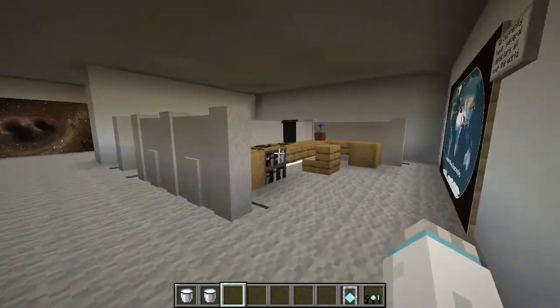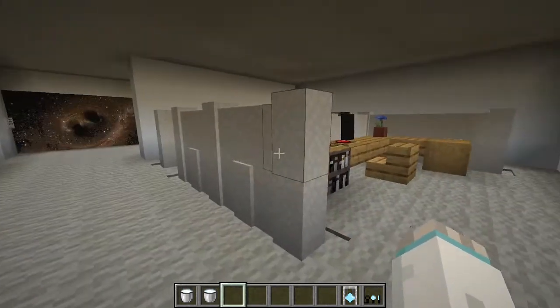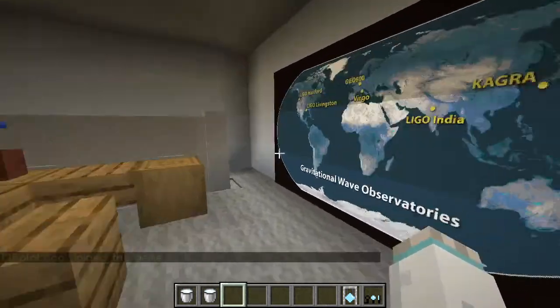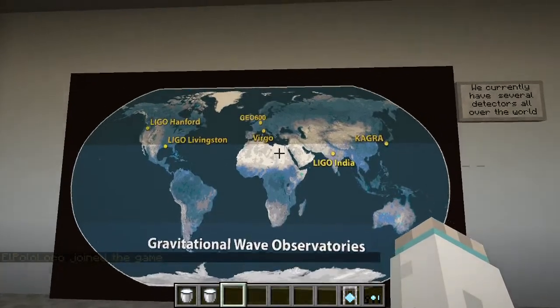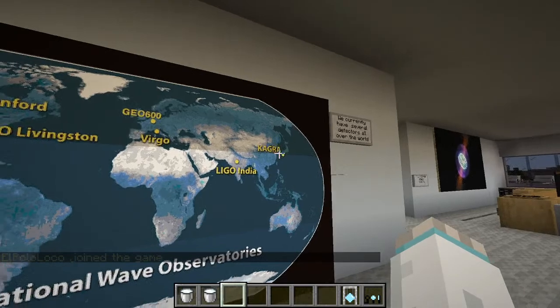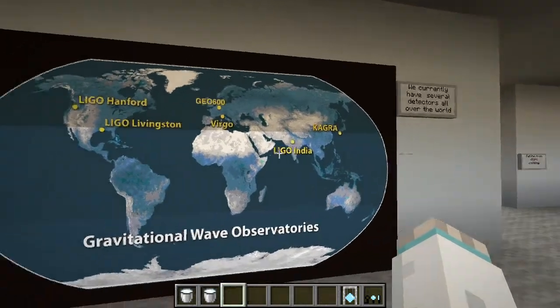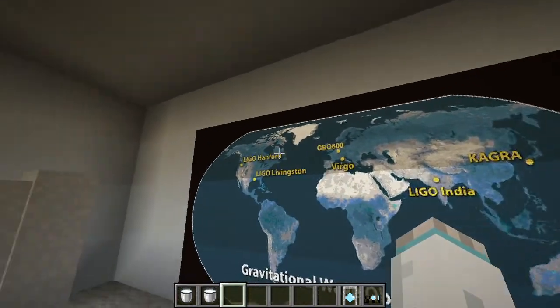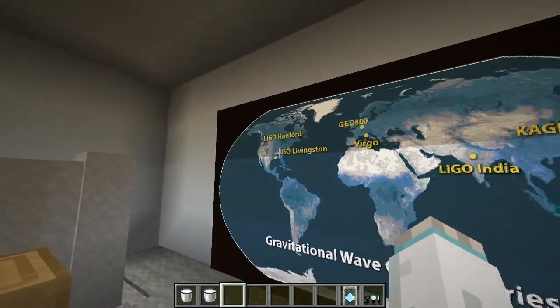So Advanced LIGO is a bit more complicated. We'll explain these as we go along. We'll also have a quick look here at the current locations of some of the ground-based detectors. So we have KAGRA in Japan, LIGO India, Virgo, GEO 600, Hanford and Livingston over in